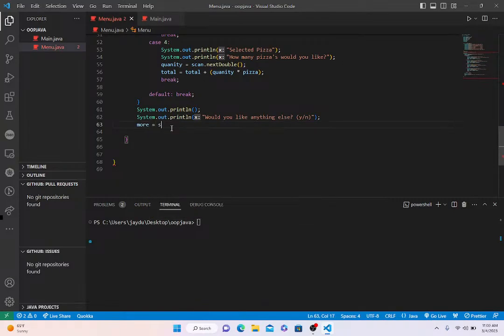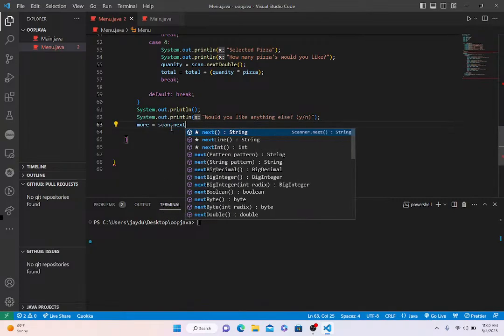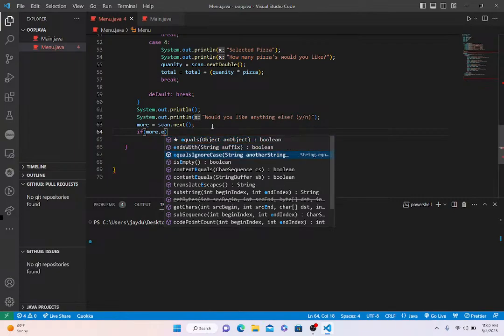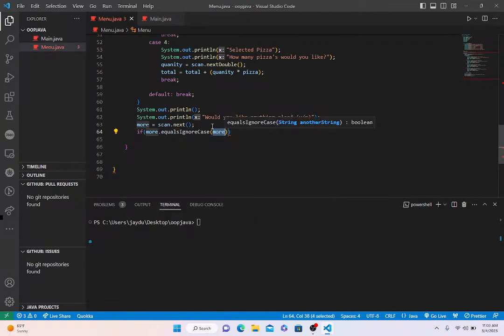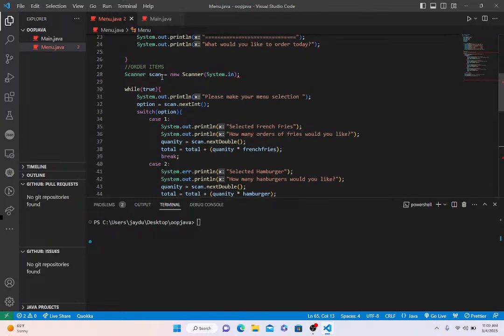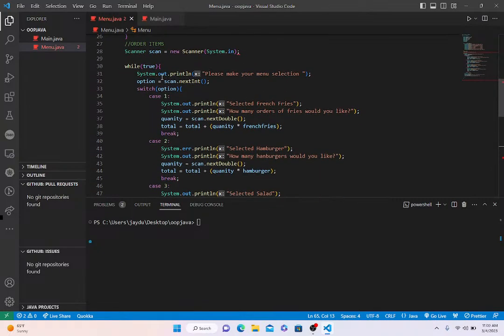And we'll go more equals scan.next, so that this can capture the feedback. And gonna do a little if statement right here. If more dot equals, we'll go ignore case, and if more happens to equal Y, then we want to present the order,